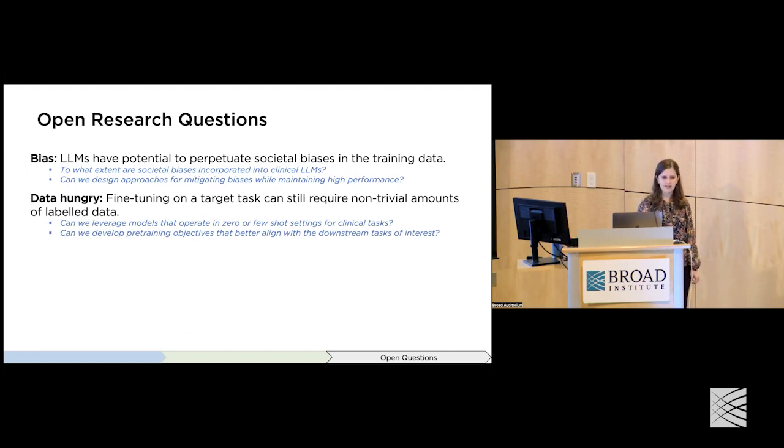So we're almost out of time here, so I'm just going to talk at a high level about these last two topics. But at this point, we've really been focusing on this paradigm of pre-training and then fine-tuning that whole model on a target task. And the challenge is that this paradigm can still require non-trivial amounts of labeled data. So this raises the question, can we leverage models that operate in zero or few-shot settings for clinical tasks? And can we develop pre-training objectives that better align with the downstream task of interest to try to avoid